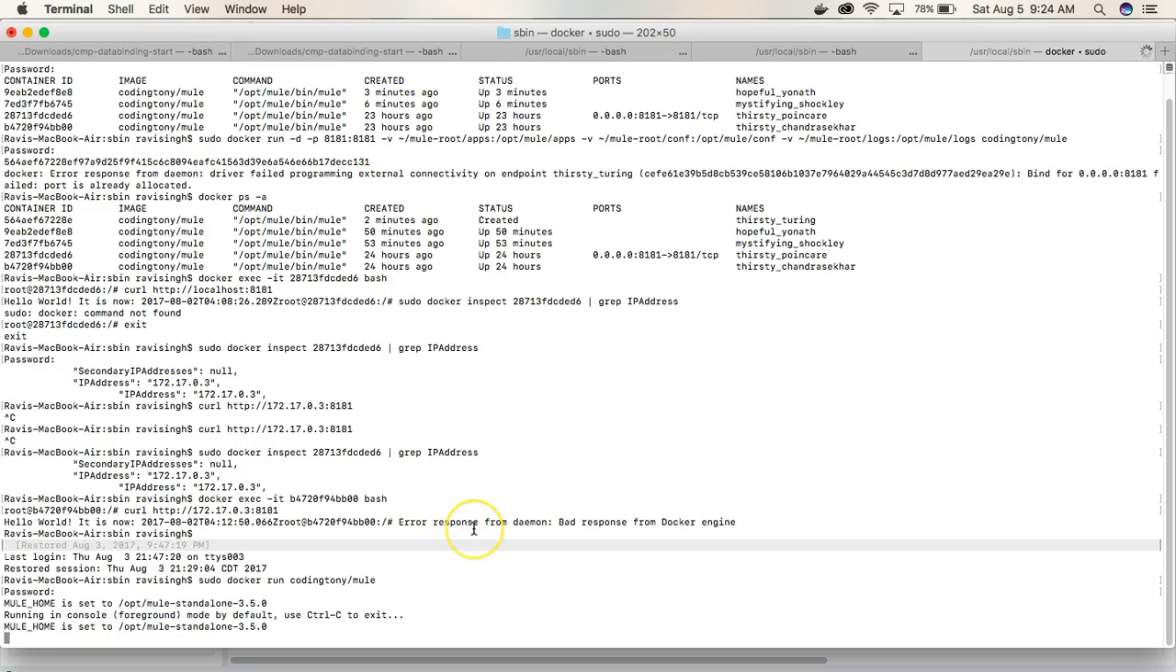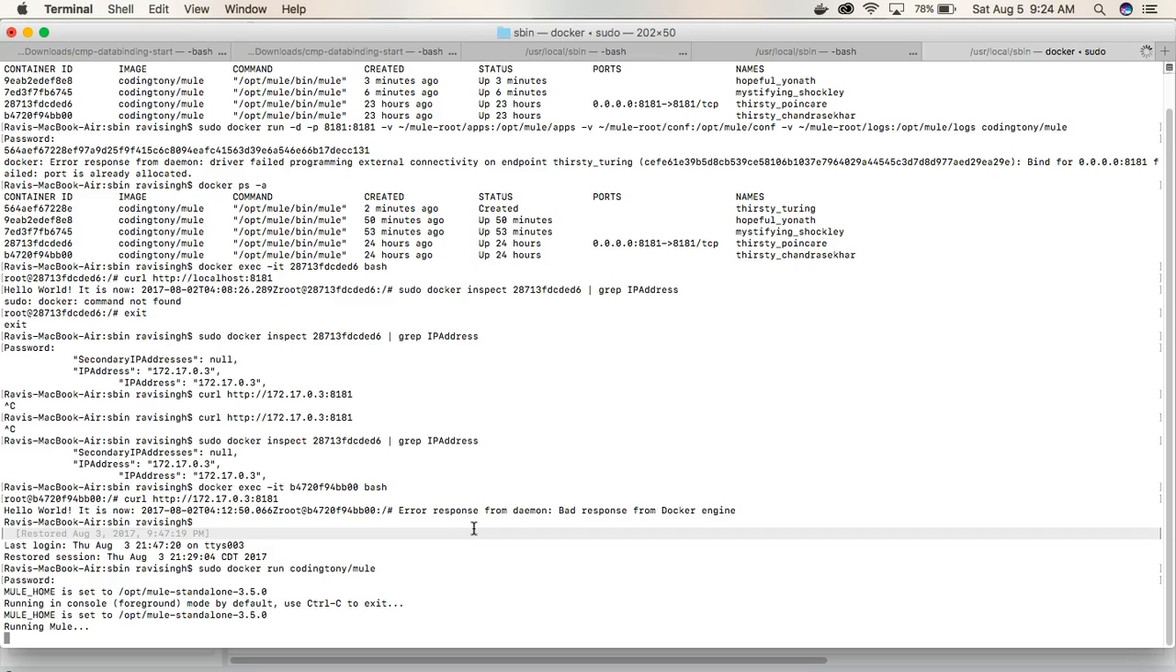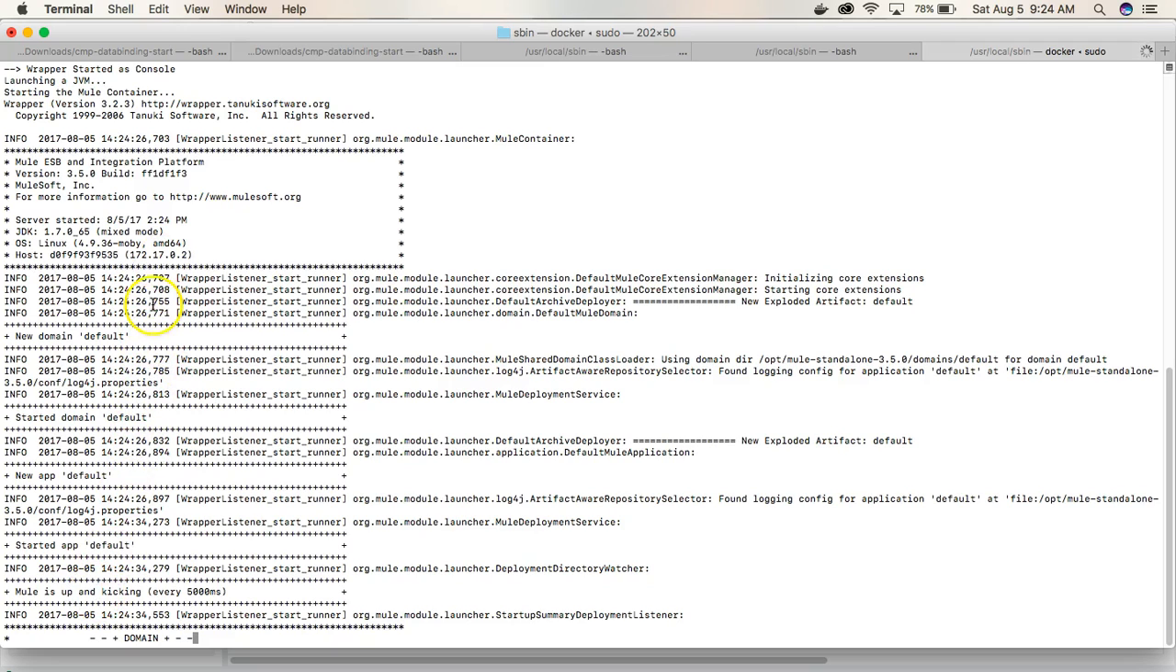As you can see, once I have used the docker run command to start an image in a container, this image is for the Mule. You can see here the Mule runtime is getting started. So now we have a Mule runtime started on Docker. And if you want to see